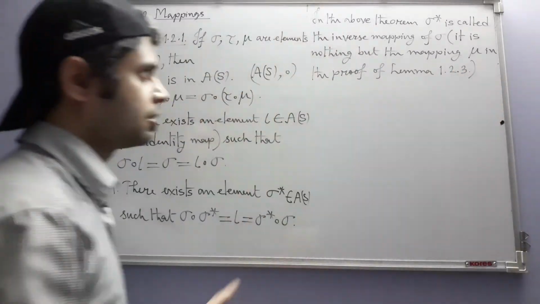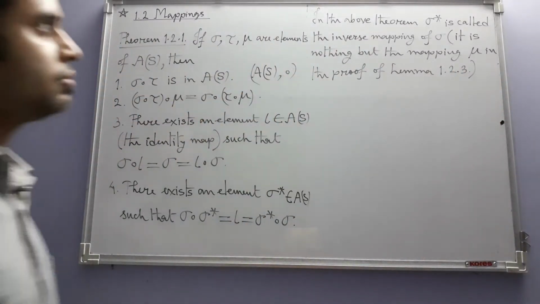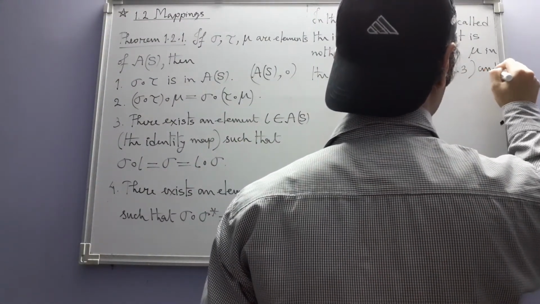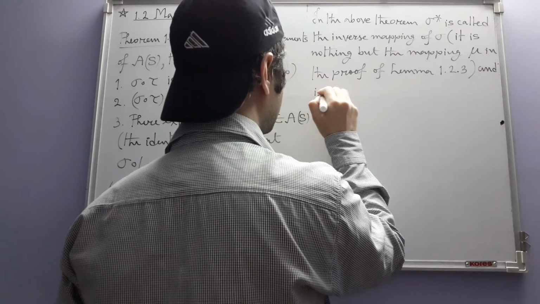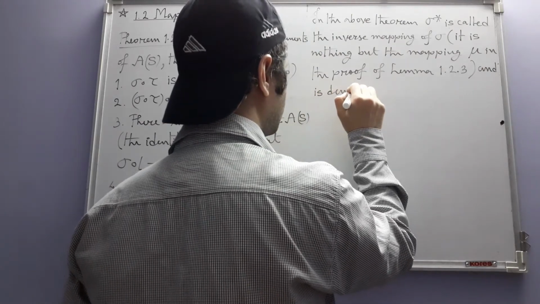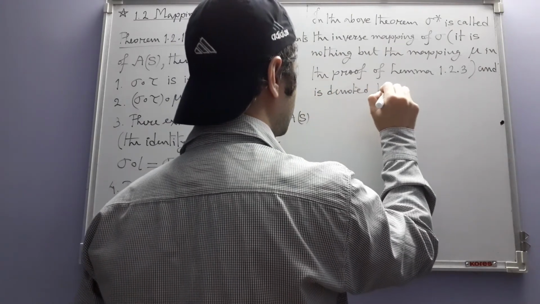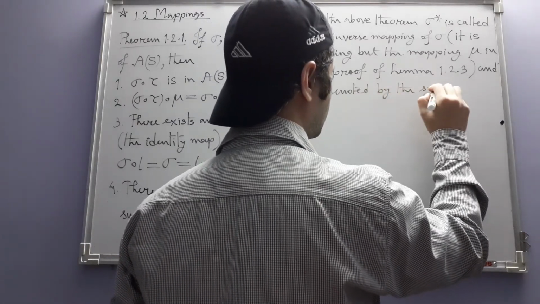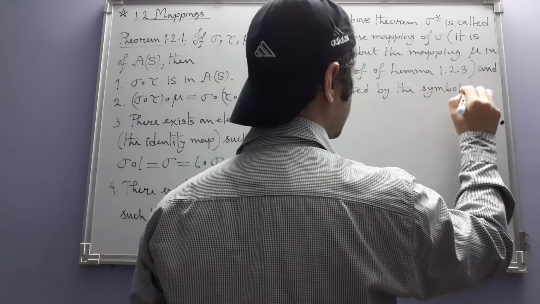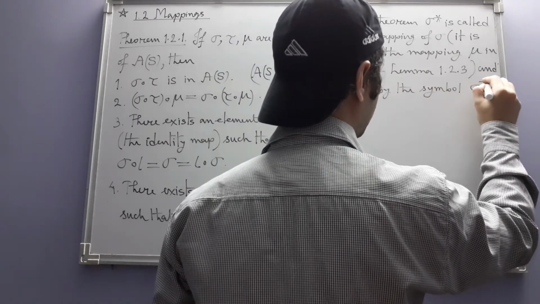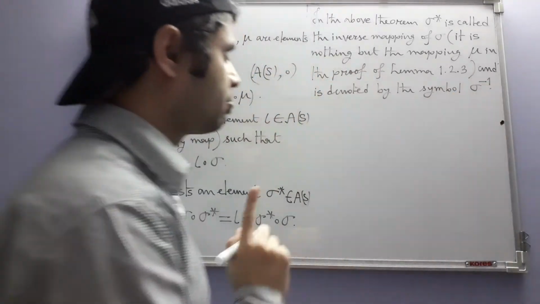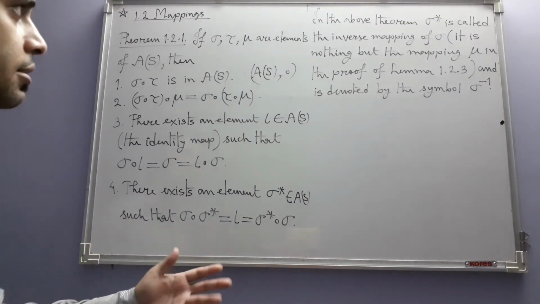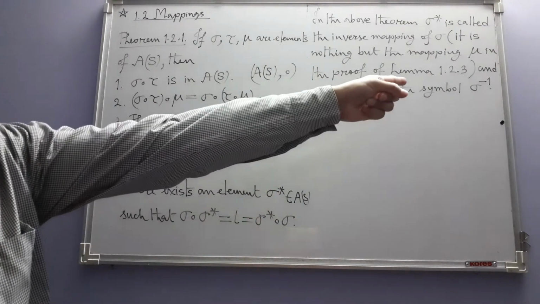It is that particular map, inverse mapping of sigma, and is denoted by the symbol sigma inverse. One question may arise at this point that what is the guarantee that this inverse is